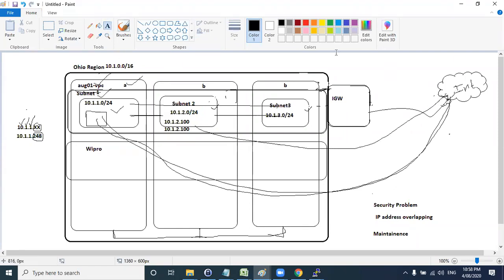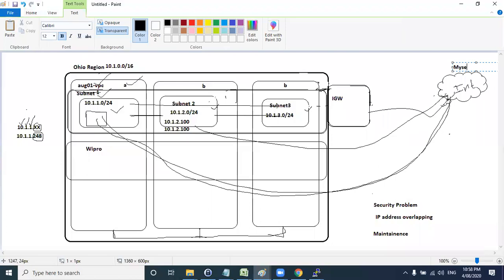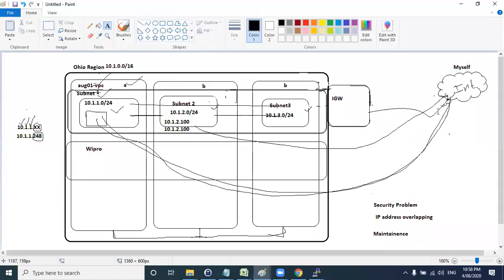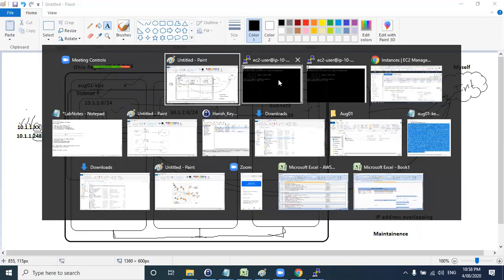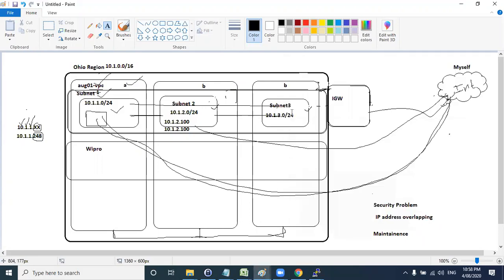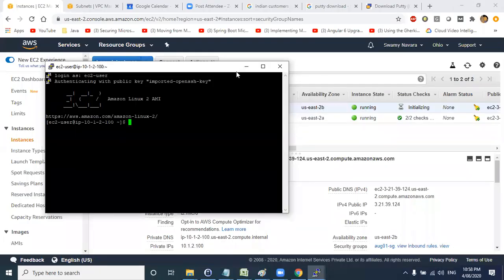External network is nothing but me here. It's myself. So these two communications are done. Now let us launch one more machine in subnet 3, and we'll see the communication between all three.